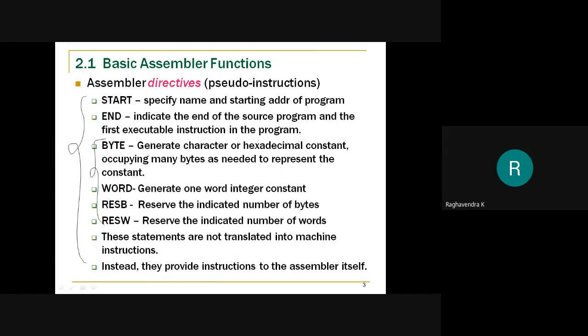So these are some of the assembler directives that will direct the assembler to do something, or give some information to the assembler, like START and END give information about the program: where it begins, where it ends, what's the name, and what is the starting address. Of course, when I see the END assembler directive, I can also calculate the length of the program. So in this case, I will get the details about the program. Whereas when it comes to BYTE, WORD, RESB, and RESW, we can declare variables and constants. Basically, the assembler knows that these are variables and constants, and it is going to act accordingly.